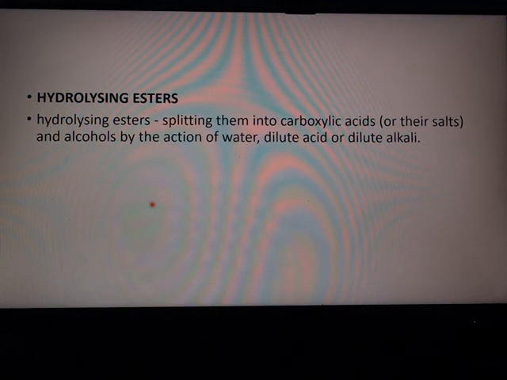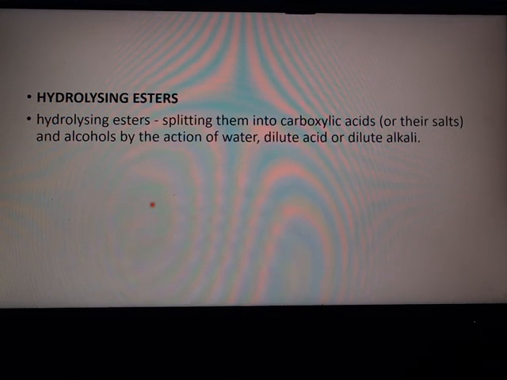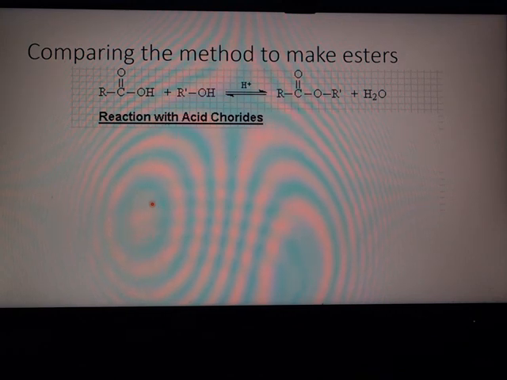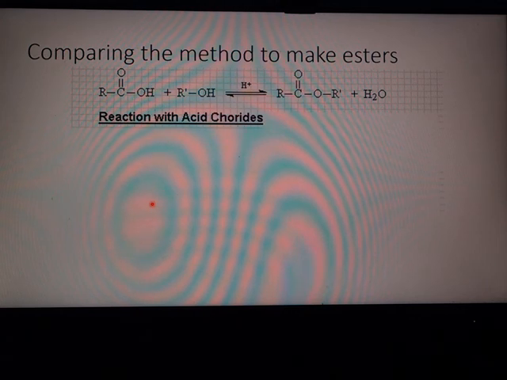The last lesson on esters was esterification, and there were 3 methods. I'll review these shortly, but today I also want to talk about hydrolysis. So it's the undoing of esterification. Okay, so you should be familiar with the 3 methods to make esters, and you should be able to state